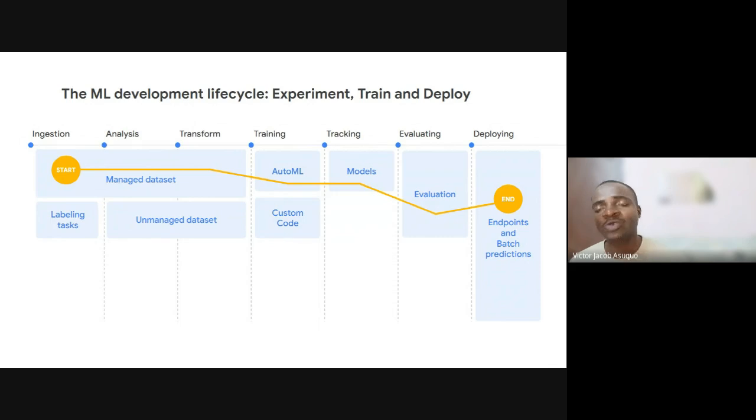I need to transform that data to what our model actually wants, or to what our model will be able to absorb and ingest. For example, maybe converting it to embeddings, vectors, categorical data using one hot encoding and decoding this data. Next, we have training.